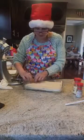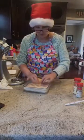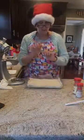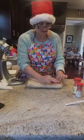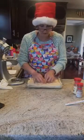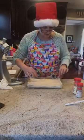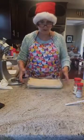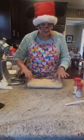All right, so I'm pinching these guys closed. I am making, now pronunciation, Sopapilla. S-O-P-A-P-I-L-L-A. You can look it up. It comes from Spanish descent, but a lot of people think it comes from New Mexico. It's like a Mexican dessert. It has a layer of crescent rolls on the bottom. It's a cream cheese mixture. And like I said, I'm going to post the whole thing for everybody. And then we're going to top this